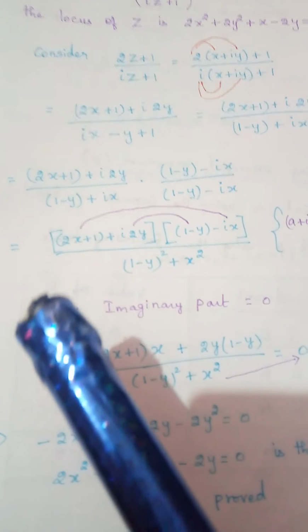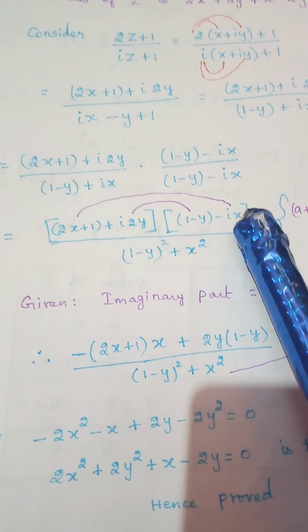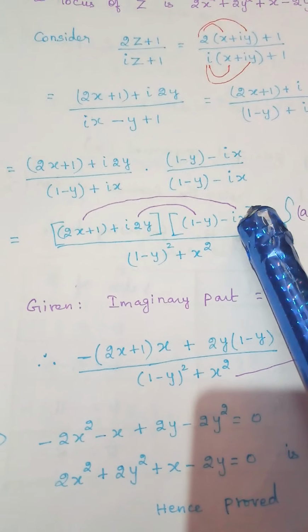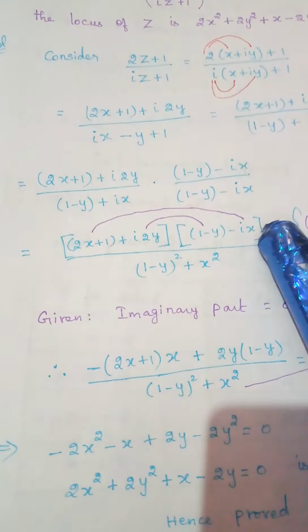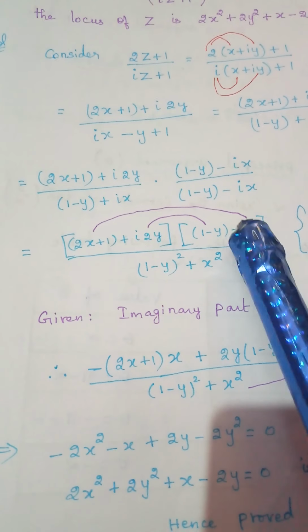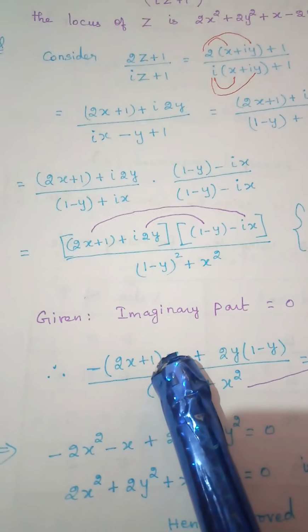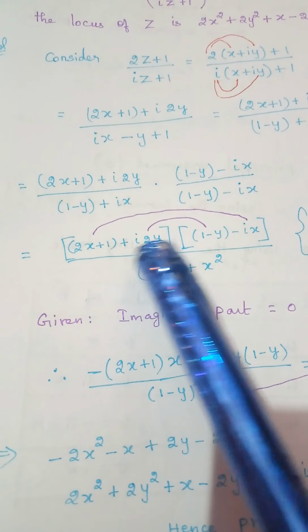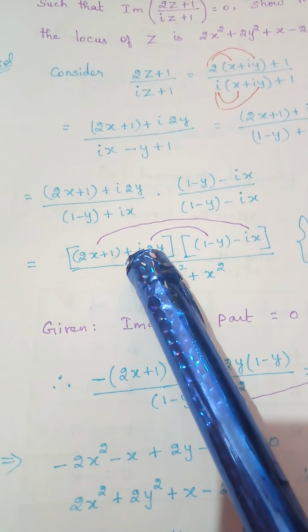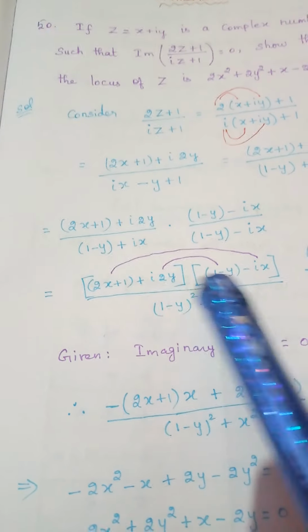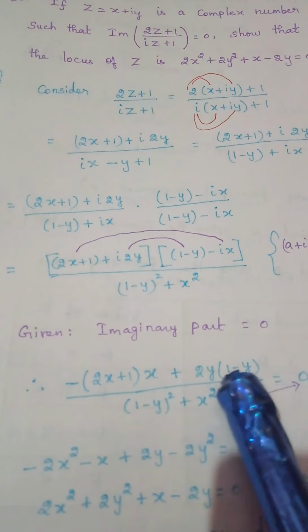Similarly, suppose I am taking that 2x plus 1 to this minus ix. Since i is present in one of the brackets, definitely this will come as an imaginary part. So I am taking that with a minus sign, minus (2x plus 1) into x. This is the imaginary part. Then if I take this i to y to 1 minus y, since in these two terms this has i, definitely this will come as the imaginary unit. So leaving i, the balance is 2y into 1 minus y. So plus 2y into 1 minus y, I am writing here.